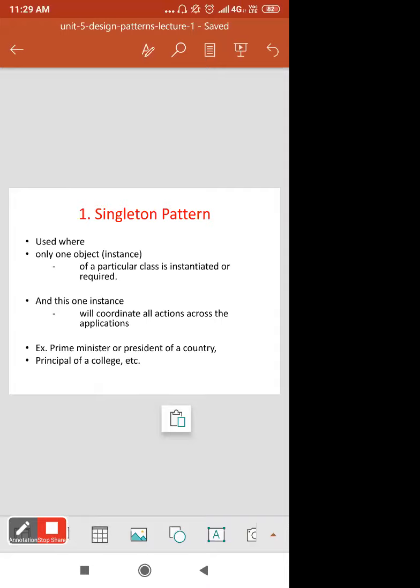Only one prime minister or president of a country handles or controls all the operations, all the mechanisms. Through that particular person we are doing the other things. That can be an example of the singleton pattern.